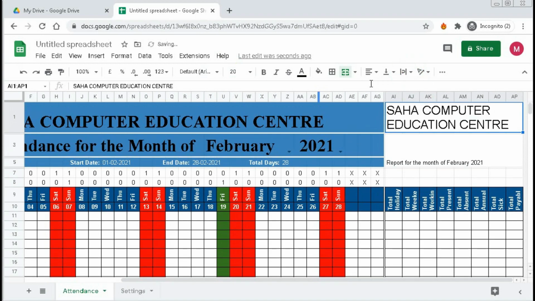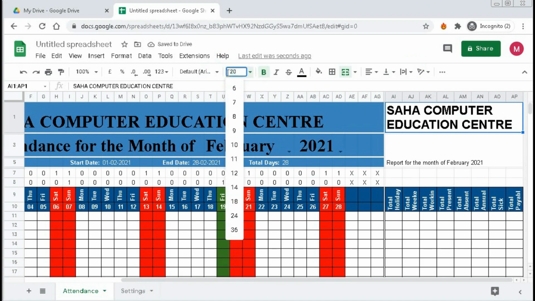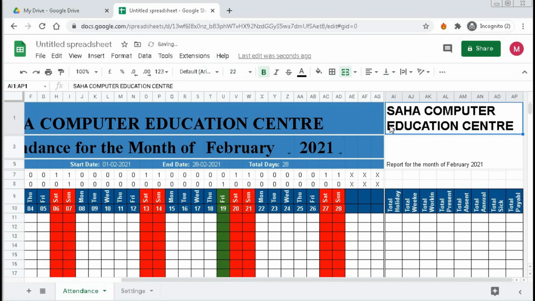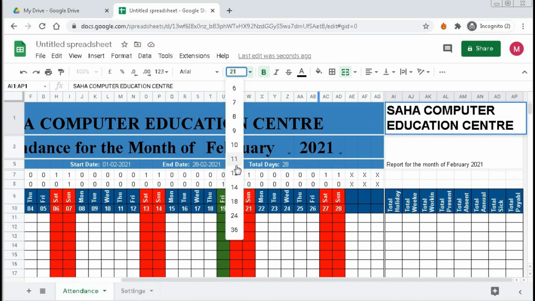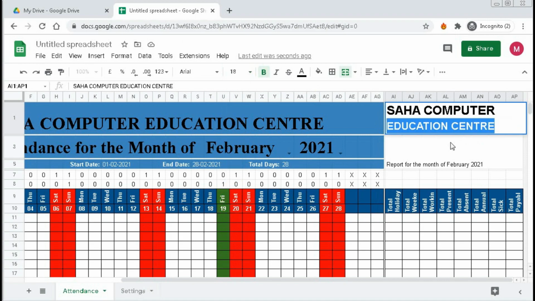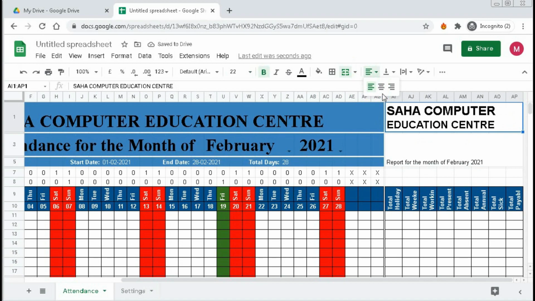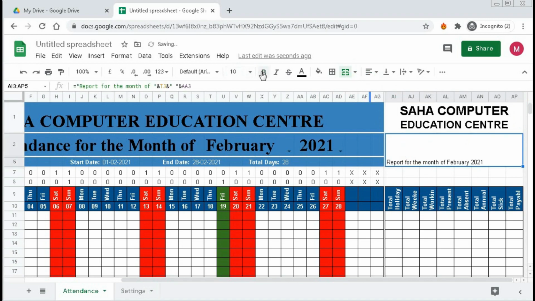text wrapping, bold, make it 22, select this one and make it 18 and center this, and this cell also 18, bold, center, text wrapping.